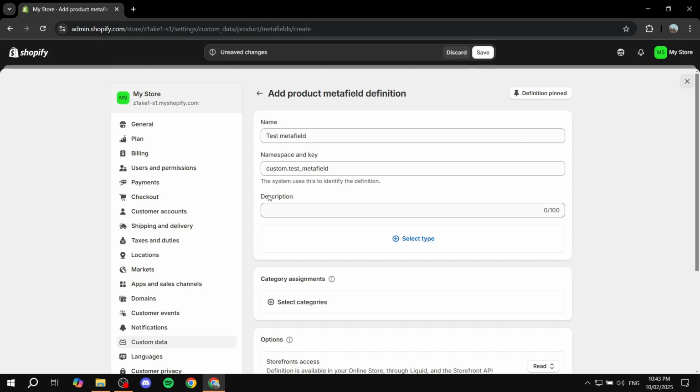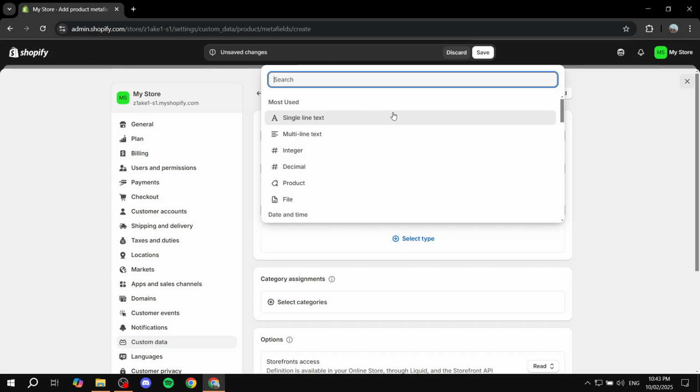So next up, after you add a description as well, you want to click on select type. And this is pretty much what you want the type of meta field to be like. So whether it's going to be a single line text, a multi-line text, more things here. You have a lot of stuff like product or even file if you want to add an image for a meta field, which is,